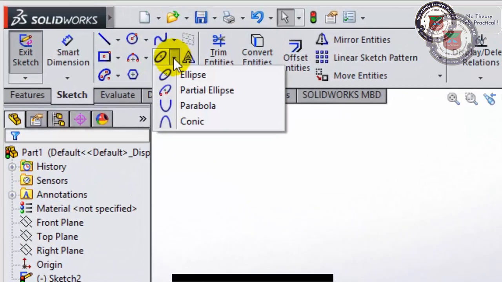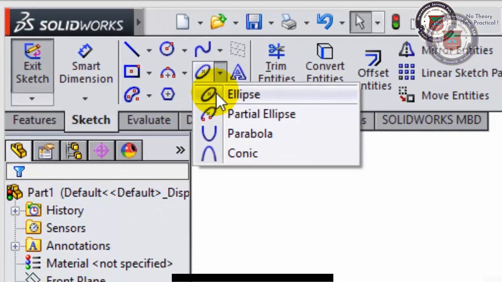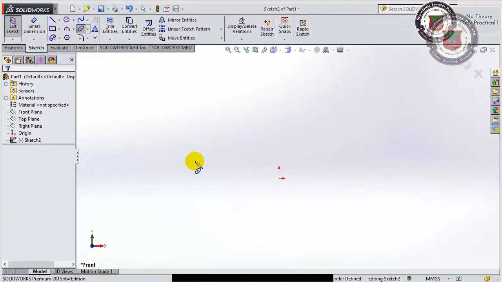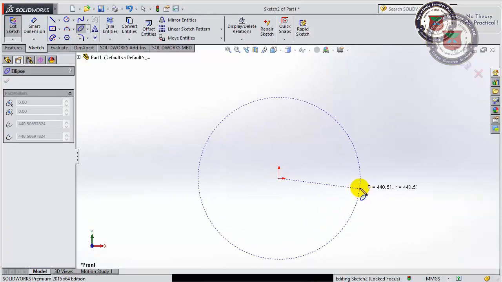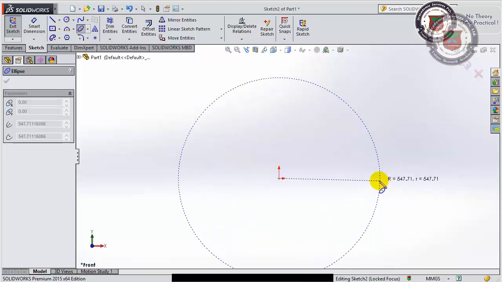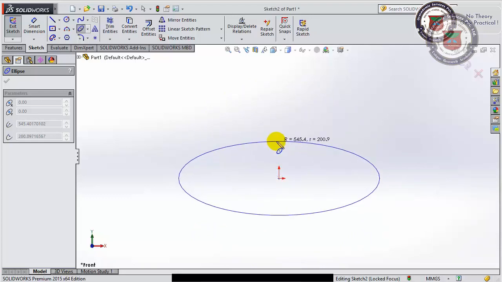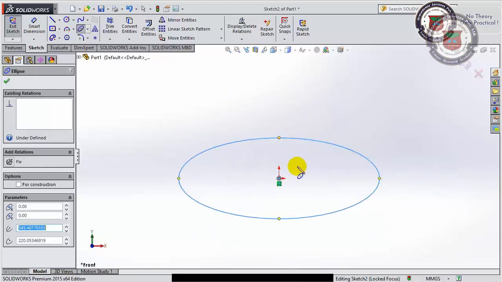Our next command is an ellipse or parabolic shapes. First of all, I will be taking an ellipse. Taking an ellipse, first of all, I will have to click on the center of the ellipse. Now I will be spanning in x direction for the major axis. Suppose this one is my major axis, and I will be spanning up for my minor axis.